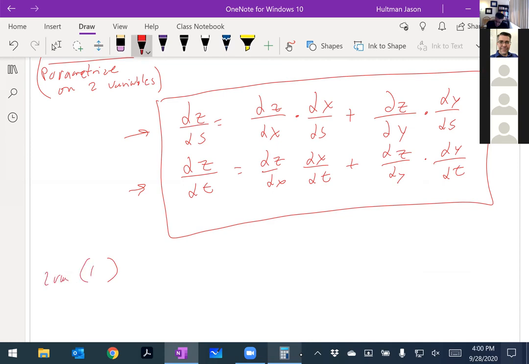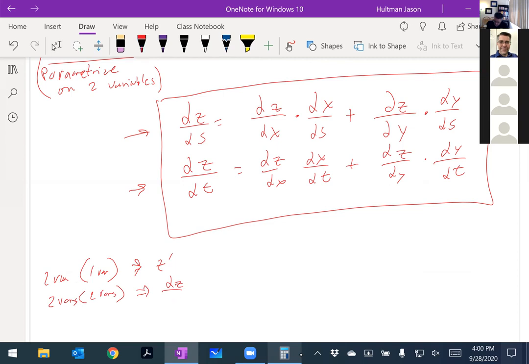Okay, well, let's do one var. We took two vars and we did one var. 2 to 1, I can find z prime. But if I do two vars, then I can only take my partial of z, and I have to find a partial of z with respect to the first variable,